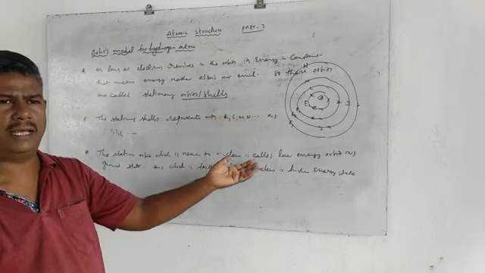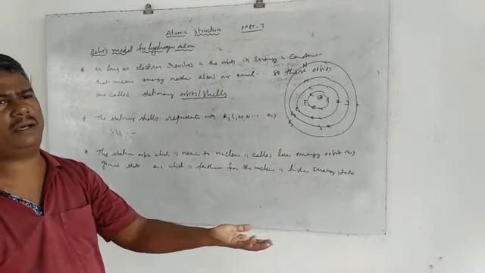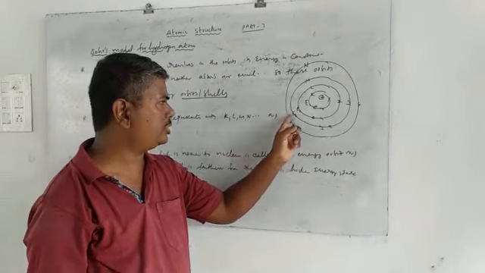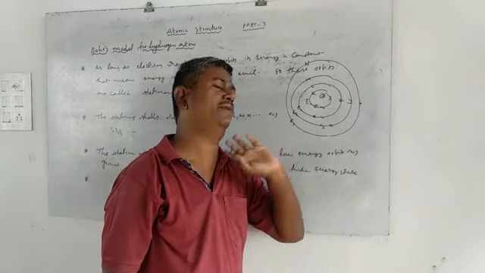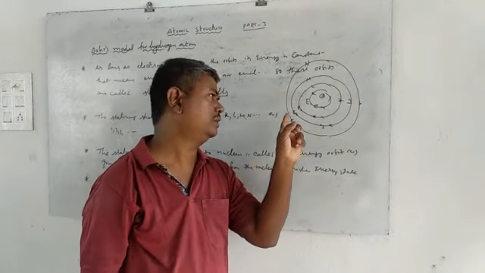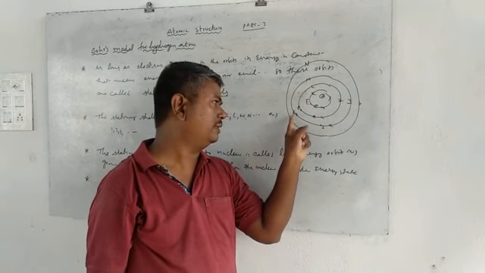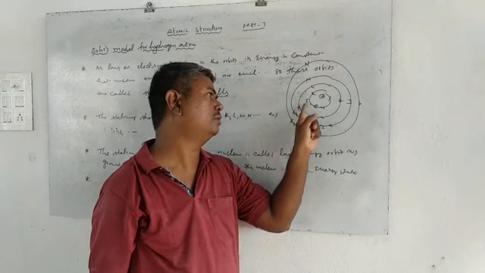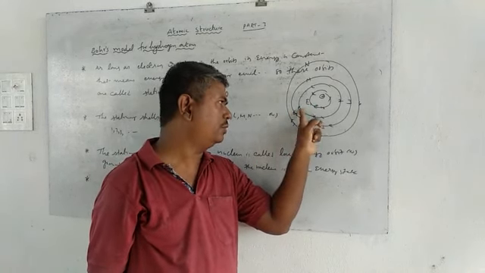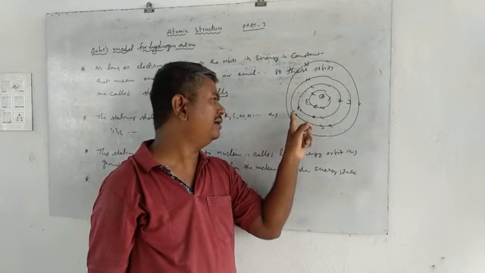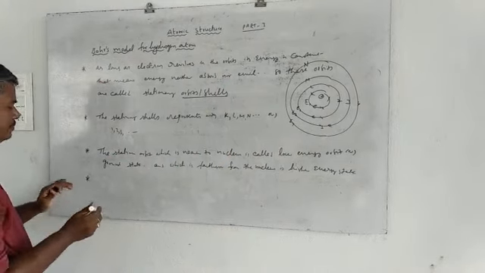Similarly, while the electron is excited to that state, it is unstable. Then what happens? Again it will come back. While it comes back, it can do so in a single step or in two steps: either from E3 to E2 and E2 to E1, or directly from E3 to E1. So there is the possibility of two routes. The excited electron from E1 to E3 is unstable. That unstable electron again wants to return to the ground state, either by E3 to E2 and E2 to E1, or E3 to E1. Clear?